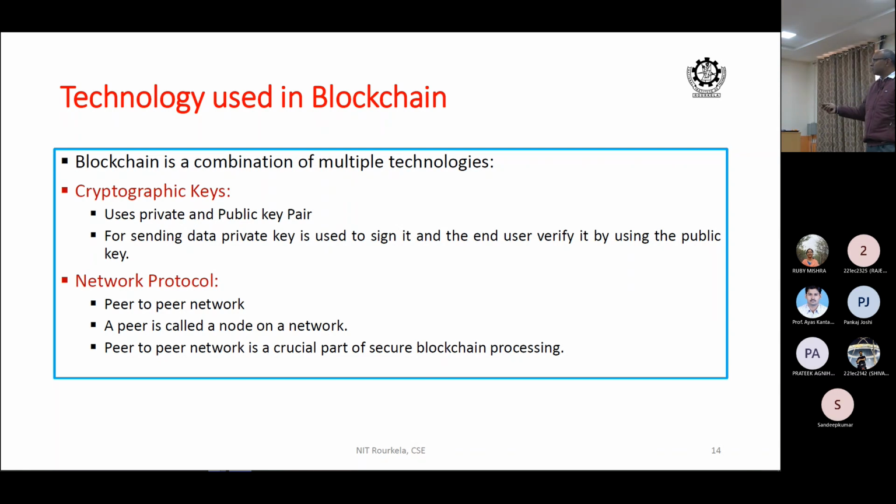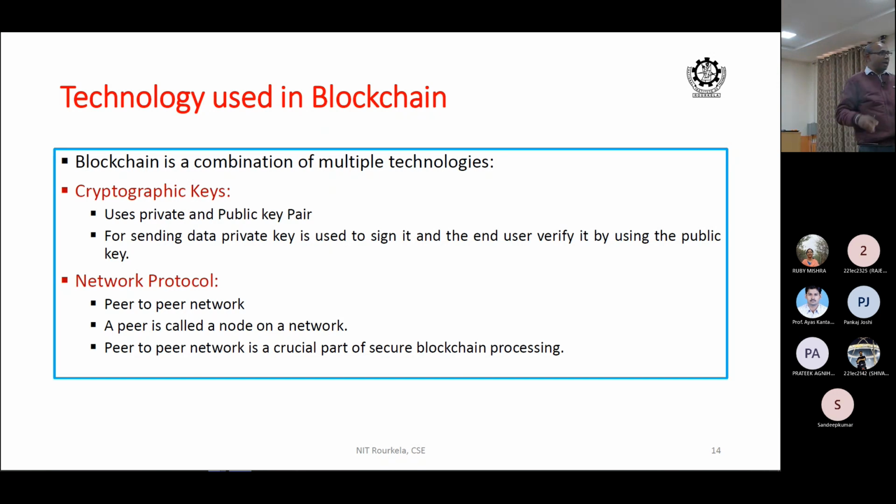For sending data, the private key is used to sign it, and the user verifies it using a public key. Look at it, it is a transparent key. The moment you say it is transparent, that means everybody can see it and verify it. Now, how are the transactions made in a blockchain? When somebody sends, he puts his signature, using his own private key. It's a digital signature scheme. Encryption scheme and digital signature scheme work in different ways. Encryption uses the public key of the recipient, and digital signature uses the private key of the sender.